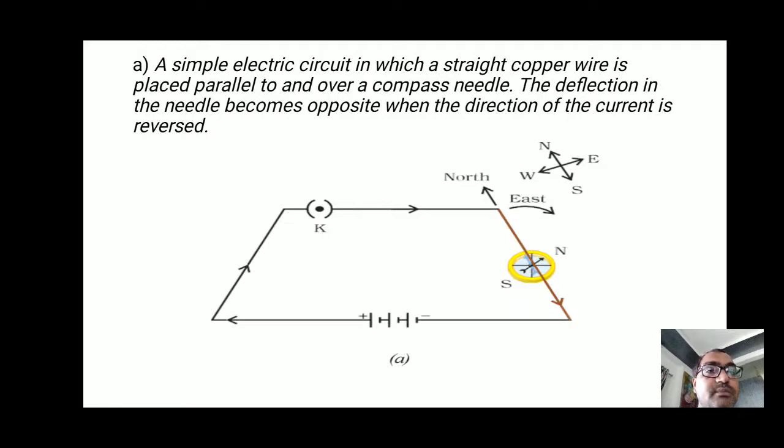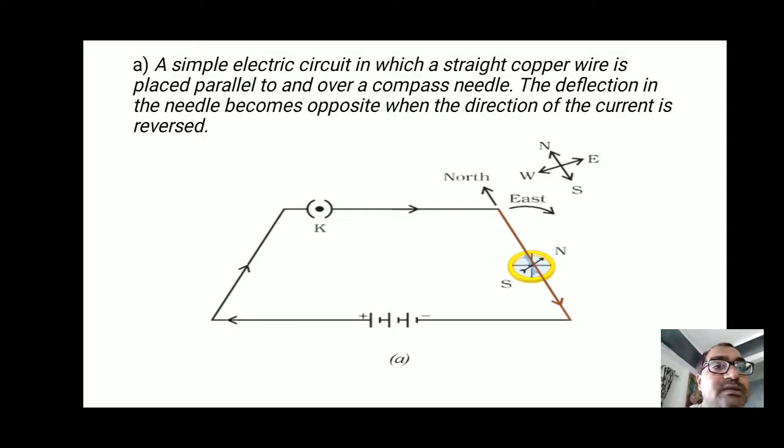So let's understand steps 3 to 4. First, we have to connect all these apparatus as given in the figure. Now students, suppose you keep the compass above this wire, and you see that the north pole of the compass needle is in the north side. You can see that here, in this north side it should be written. Now this was before the circuit is on. Afterwards we have to switch on the circuit. When we switch on the circuit, current passes from the positive terminal to the negative terminal of the battery. We know that.